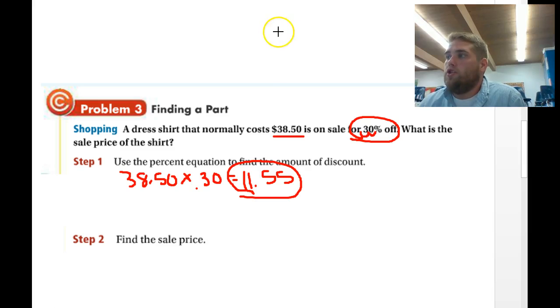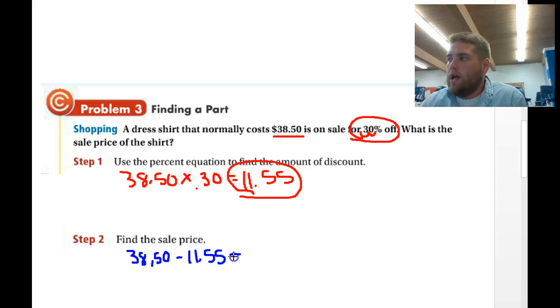Okay, so the shirt is normally $38.50. But I know I'm saving $11.55. So when we're saving, we're going to subtract $11.55. I simply plug that into my calculator. So 38.50 minus 11.55 gives me